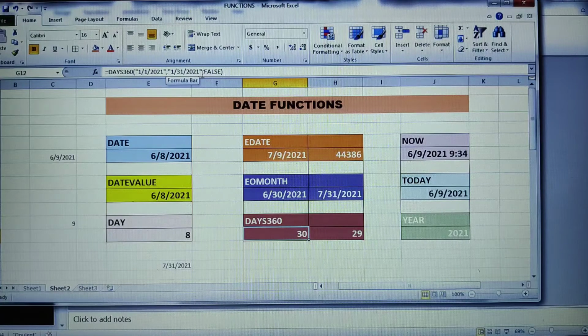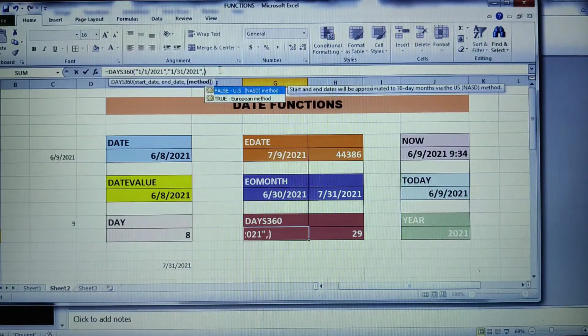Here I have passed a method called FALSE. Let me tell you what this method is about. There are two methods that Excel will follow: the US method and the European method. The European method means they consider each month as 30 days. They won't consider it as 31. They will perform the accounting based on 360 days per year.